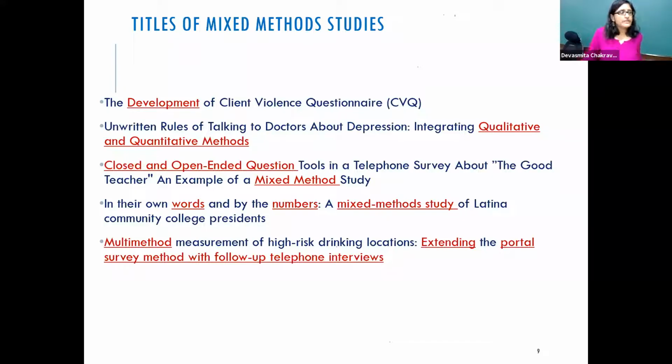What is the point of this? When you think of writing a mixed methods paper, when I look for particular papers I want to read on mixed methods, I go to Google Scholar and I type the word. So the question here is, is it necessary to write mixed method in the title? No, you don't need to write mixed method in the title. However, your paper will be easy to find on Google Scholar if you have used the term, just because it matches the keywords that you're searching for.